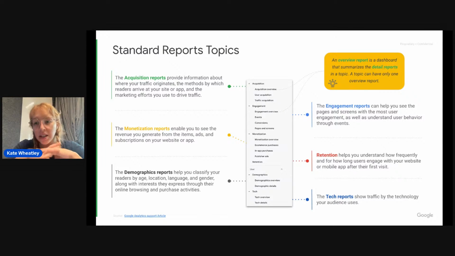That's an example. The other type of default report is an overview. Rather than being a detailed breakdown, the overview is a collection of scorecards and charts that summarize all of the different detail reports. So you've got your detail reports, which break down more granularly into different topics, and your overview, which shows the top line of what's happening with all of those. The topic itself will only have one overview